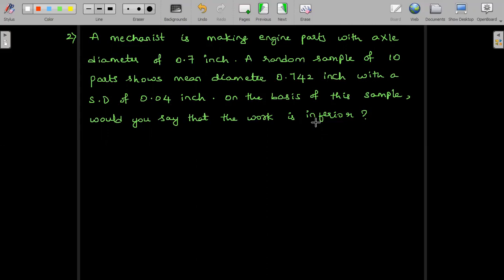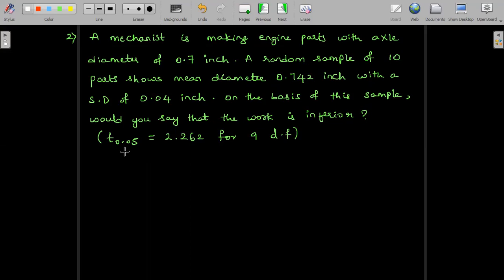And let us also write down, for 9 degrees of freedom, from the data, again we can write down this. T 0.05 is equal to 2.262 for 9 degrees of freedom. Since n is equal to 10, for n minus 1, that is 9 degrees of freedom, we are calculating t 0.05, comparing with the table value at 5% level of significance. We'll be working out the problem.